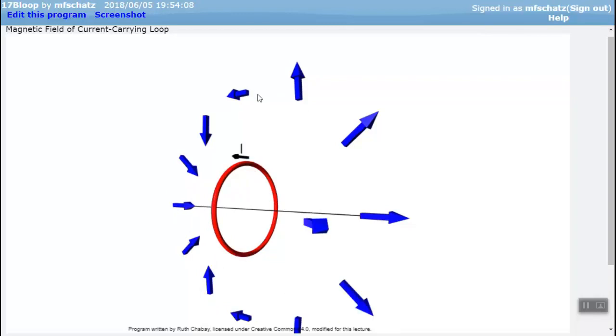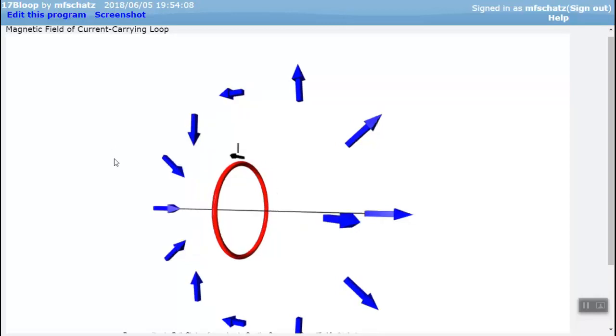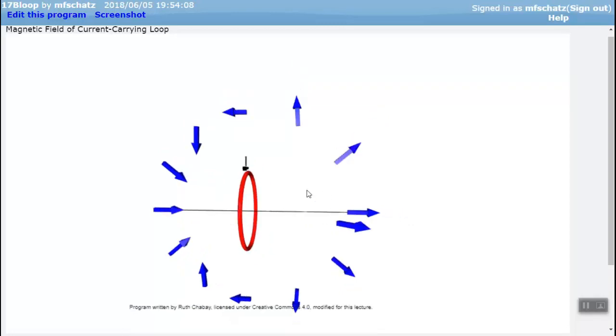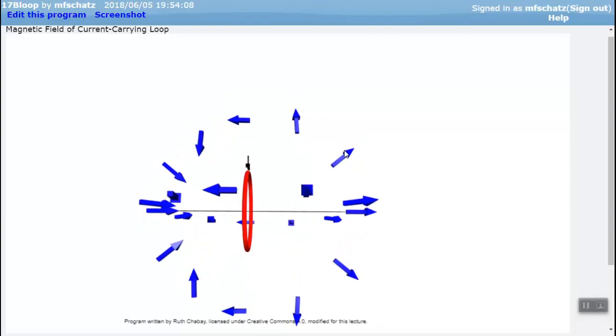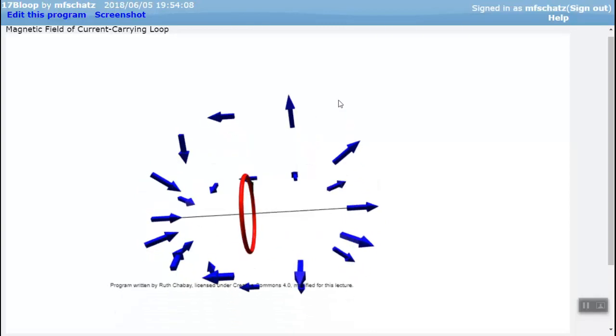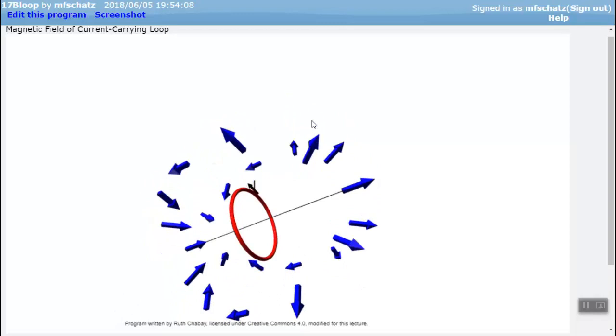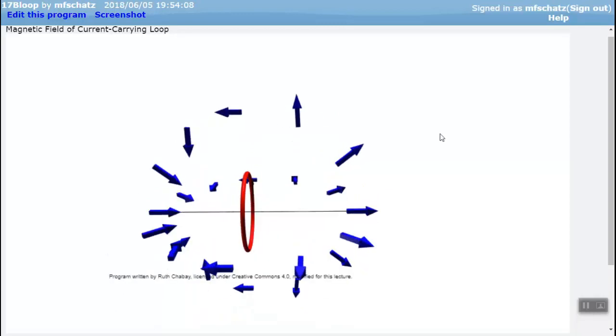Here, just as we expect at the top of the loop, the magnetic field points in the direction opposite to the direction of the vector magnetic dipole moment of the loop. Now, the shape of this magnetic field is not limited to just this view. We see the same shape of the magnetic field for all planes that intersect the symmetry axis of the dipole. So taken as a whole, we can see clearly the magnetic field of a current loop has the characteristic shape